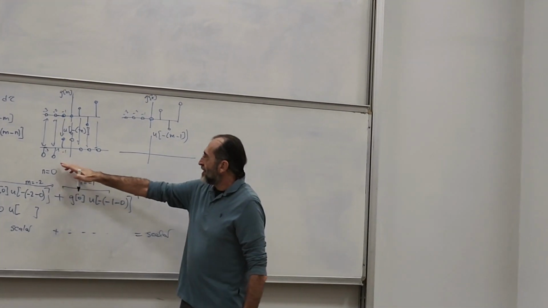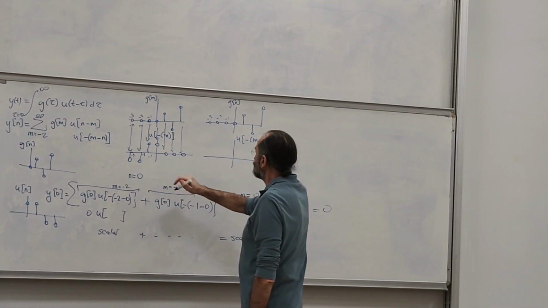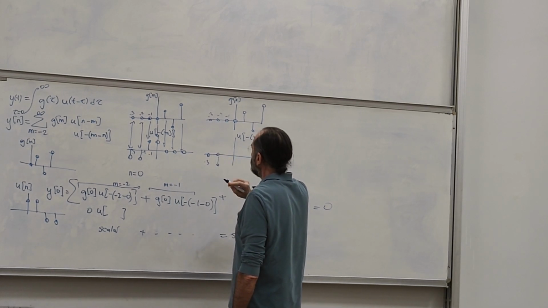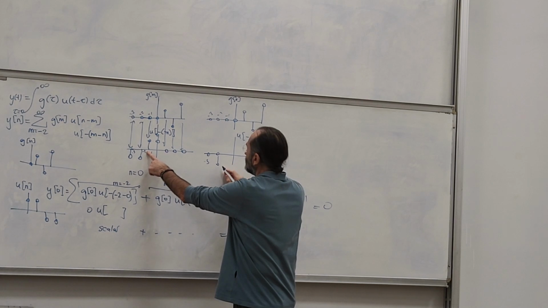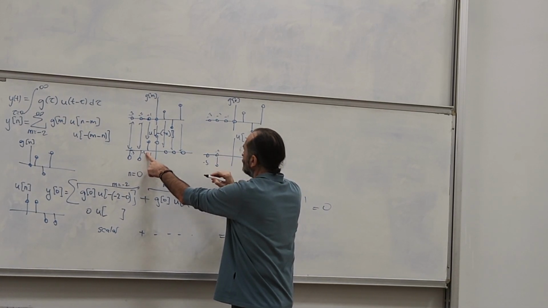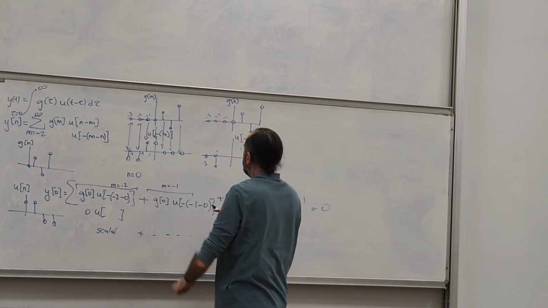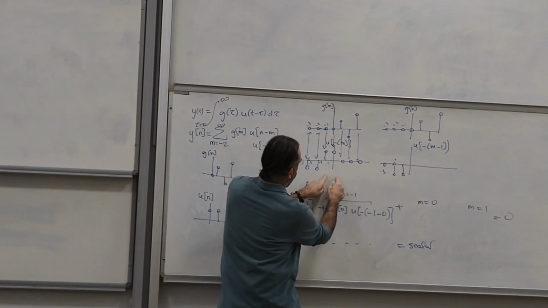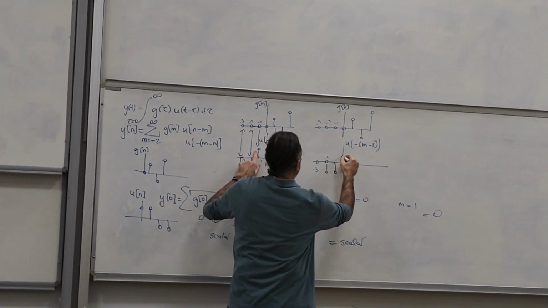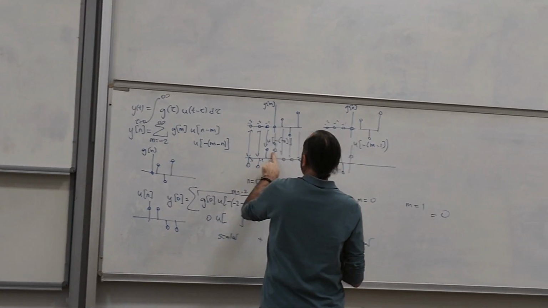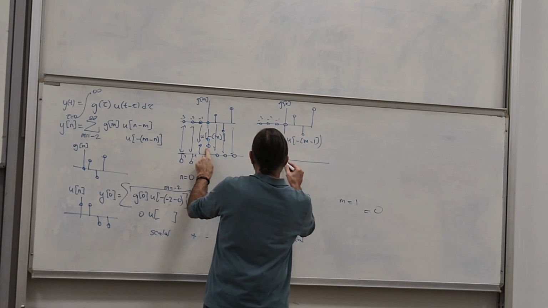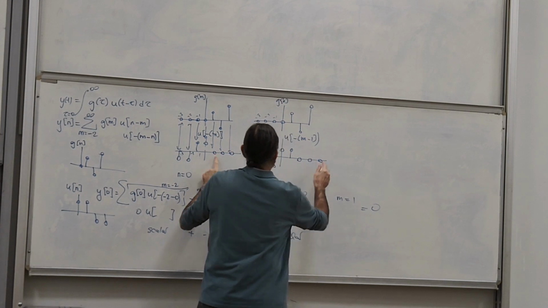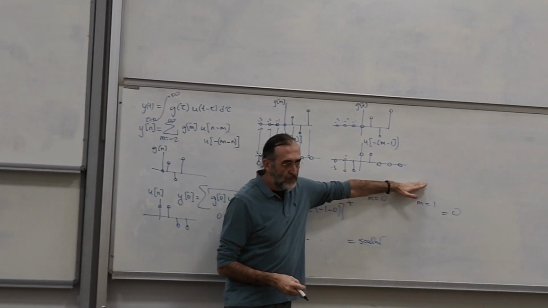Okay? So now this is going to go to minus 2. So minus 3 is going to be 0. Minus 2 is going to be minus 1. Minus 1. 0. This came here. This is going to be down here. These two are going to shift by 1. This is going to shift by 1 over here. And then I'm going to have this 0 coming here, and this 0, 0, 0. Okay, so this is shifted by 1.